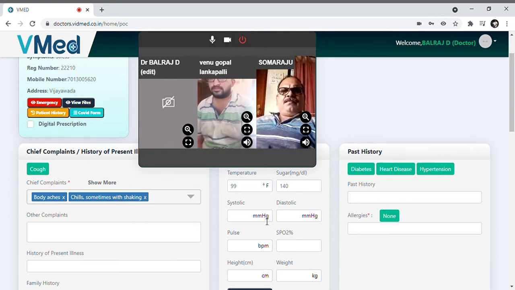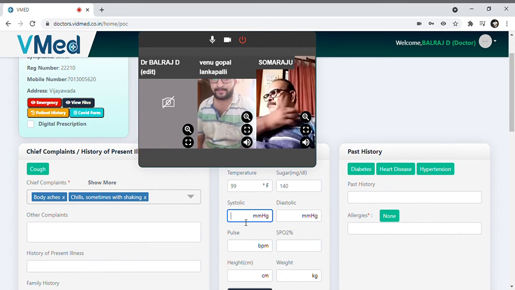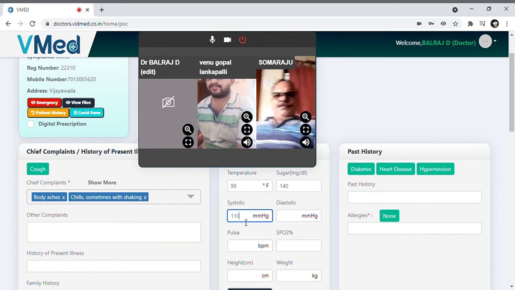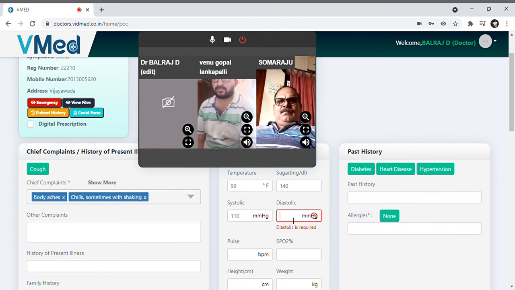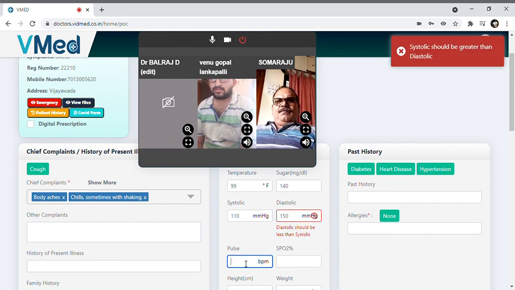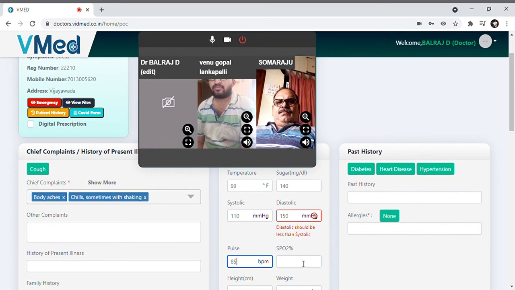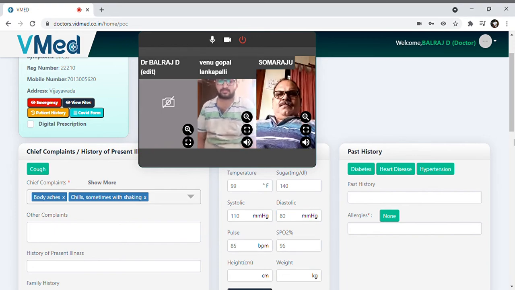On the diagnosis, if the health worker is in the patient home itself, or if he has collected earlier, the health worker can give the details of the patient, and we can upload those details also, the vitals, in our telehealth solution. So in this way the health worker will be helping us in collecting the vitals of the patient, so that even in COVID time the health worker might have gone to the home and collected earlier, but now when we are consulting, the health worker is telling us the details.